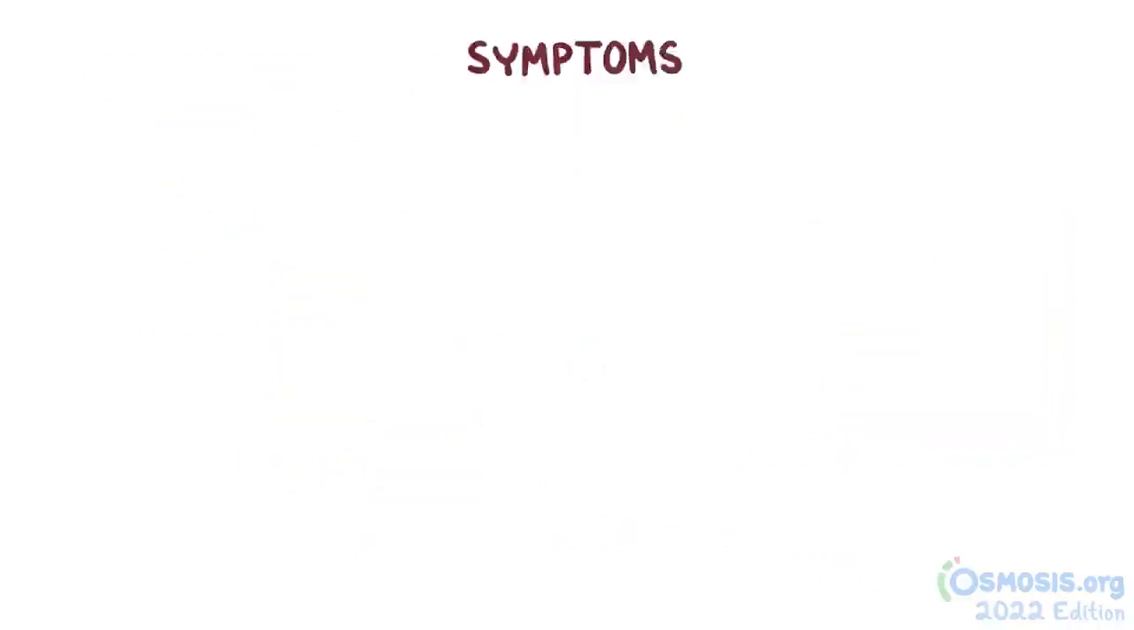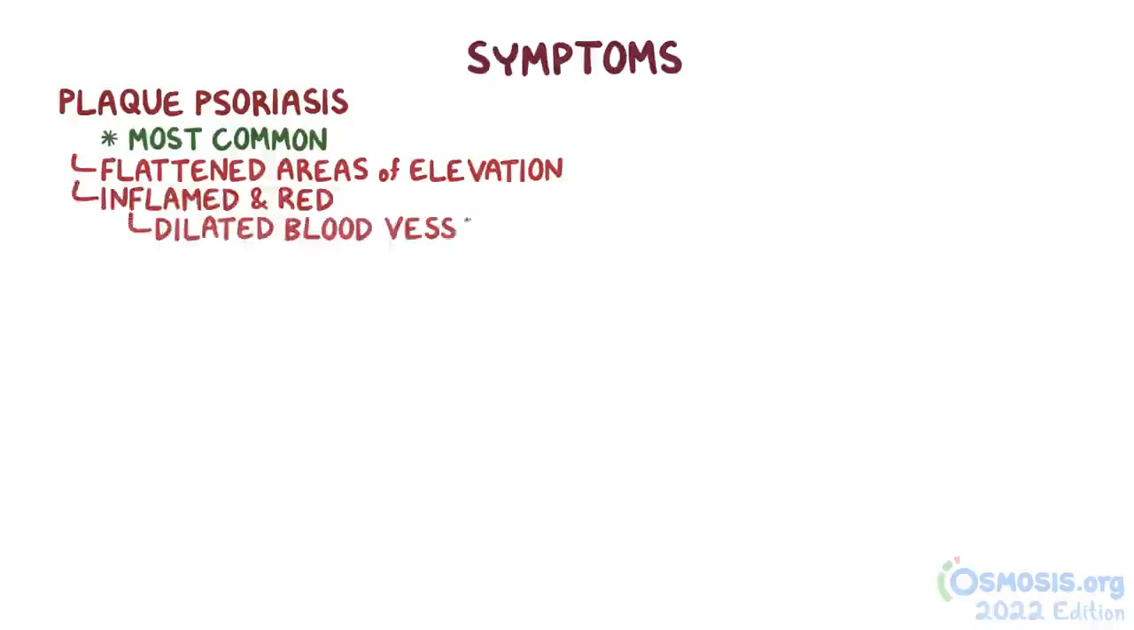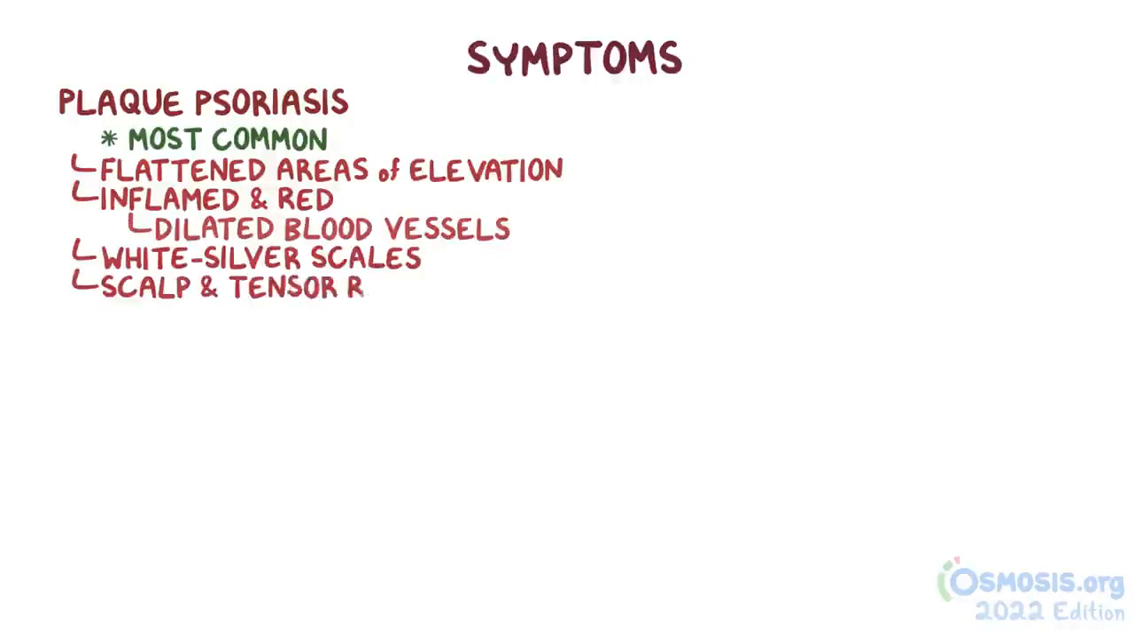Symptoms of psoriasis can vary, and there are a few subtypes. Plaque psoriasis is the most common. It appears as flattened areas of epidermal elevation that are inflamed and red or salmon-colored from the underlying dilated blood vessels, and they're topped with white silvery scales. Plaques are typically itchy and found on the scalp and in extensor regions like the elbows, groin, lower back, and